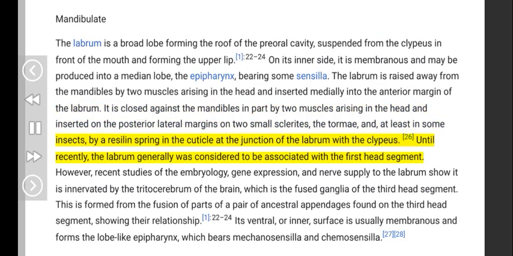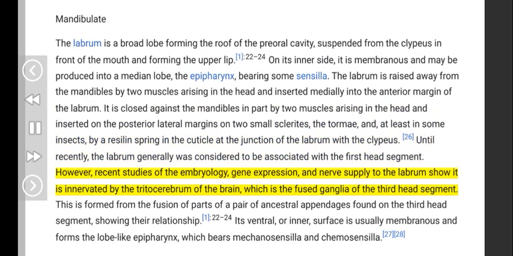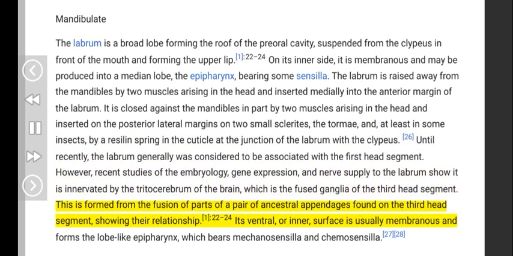Until recently, the labrum generally was considered to be associated with the first head segment. However, recent studies of the embryology, gene expression, and nerve supply to the labrum show it is innervated by the tritocerebrum of the brain, which is the fused ganglia of the third head segment. This is formed from the fusion of parts of a pair of ancestral appendages found on the third head segment, showing their relationship. Its ventral, or inner, surface is usually membranous and forms the lobe-like epipharynx, which bears mechanosensilla and